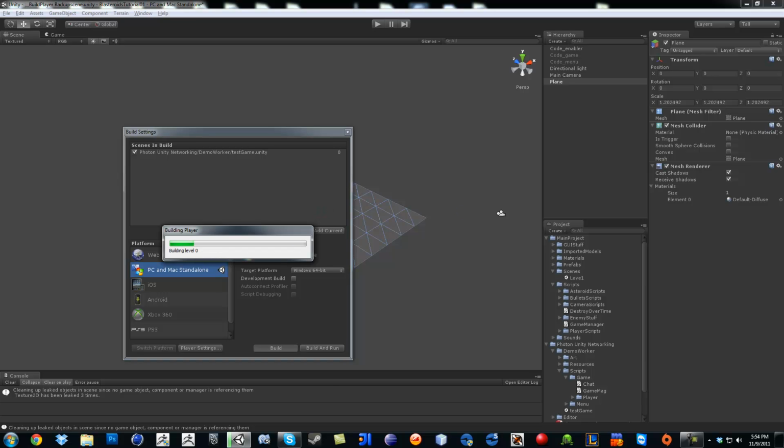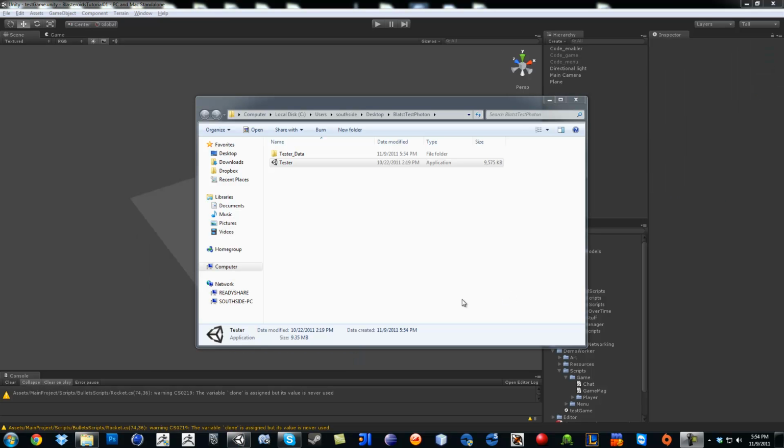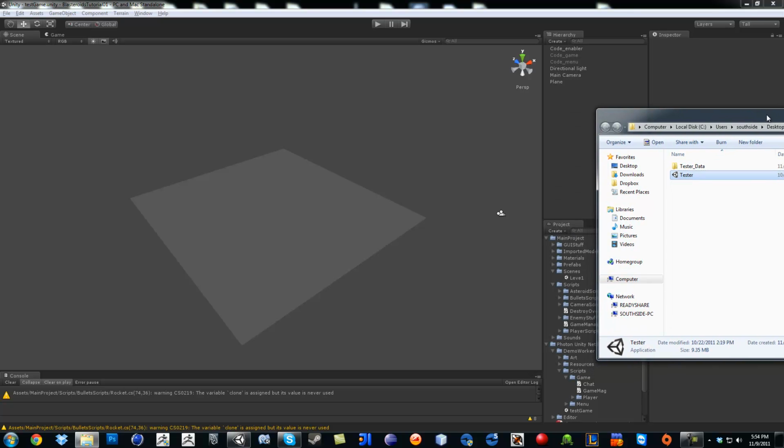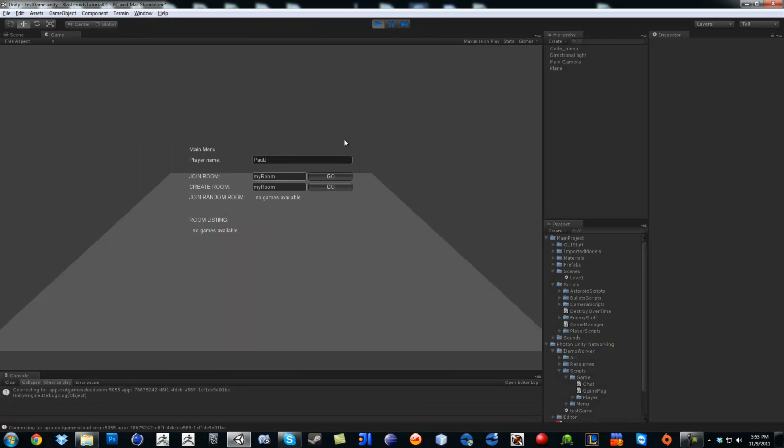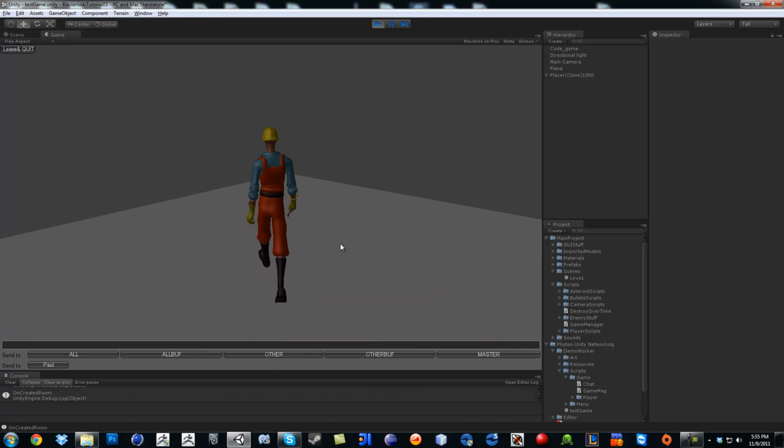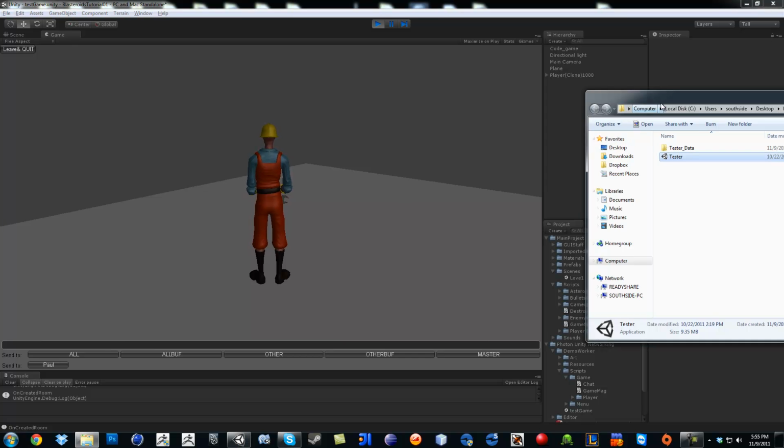I'm gonna go ahead and pause it for a second. Okay, now that it actually built the project, see the tester, so I can just go ahead and put this off to the side, and then click here and just click play, and then just put something in, and then you can create a room. And then click go, and then it will load up my character. And then if I click on the other screen,